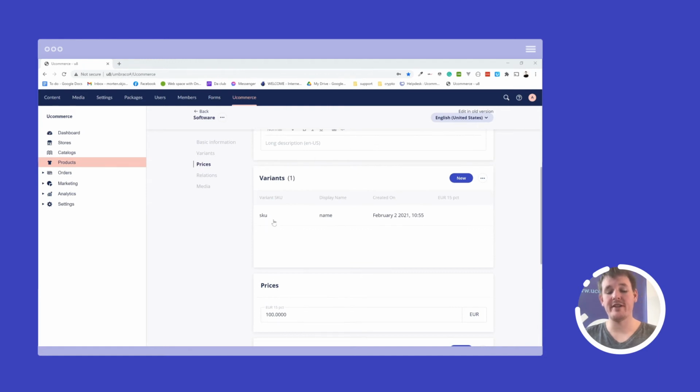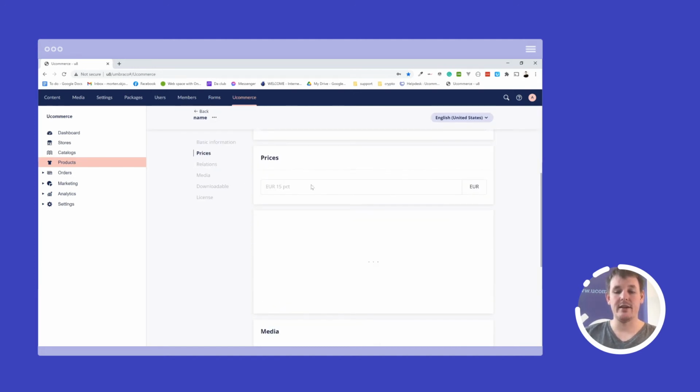For the pricing of your variants, it's important to also state that prices can be put both on the product family but also on the variant, or you can even mix and match both of them as well. So by default, UCommerce will look up the price on the product family. But if you have variant specific pricing, for example, if one particular variant is more expensive than the other, then prices can be maintained for your variants as well. And when you show the products on the storefront, you'll be able to extract the right prices for your products. Once they are being added to your cart, UCommerce will automatically figure out if it's the variant price or the family price that you need.